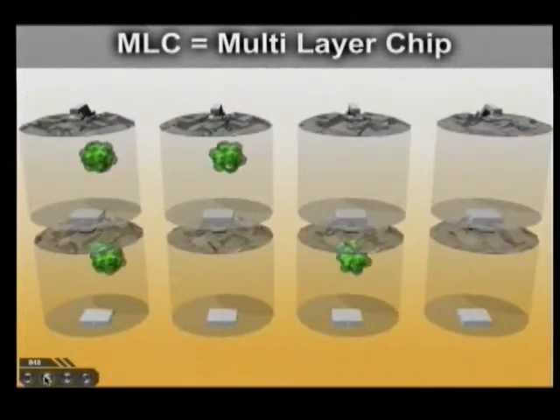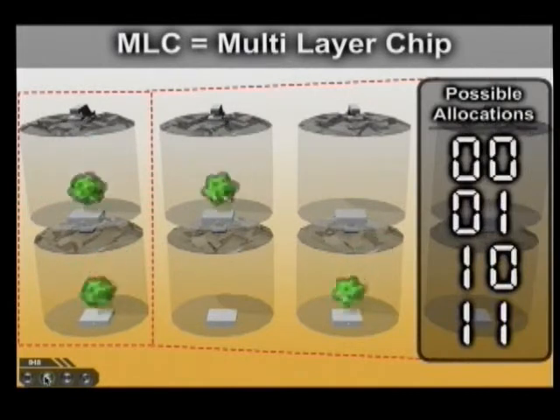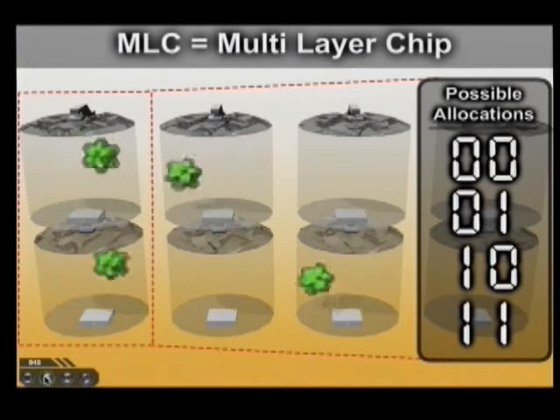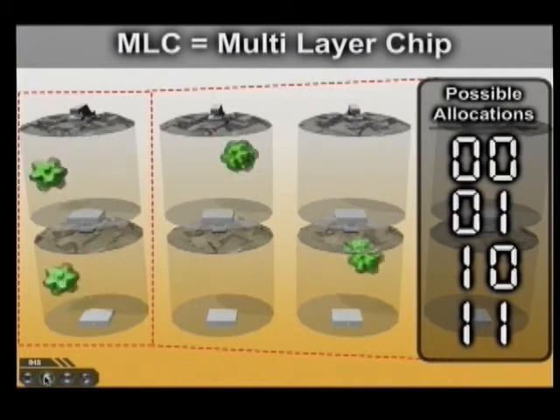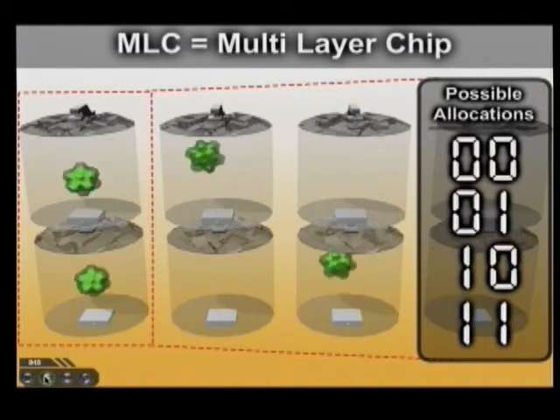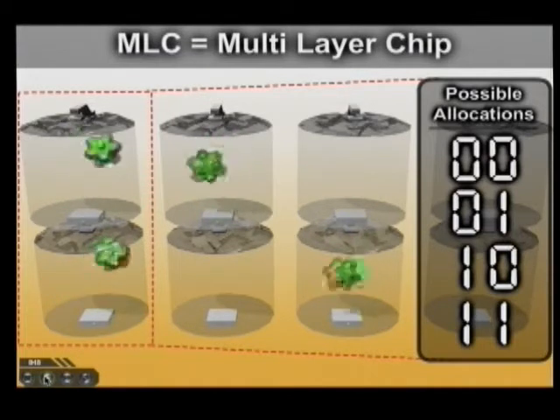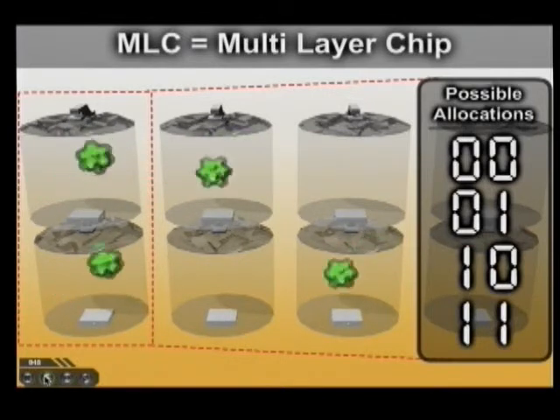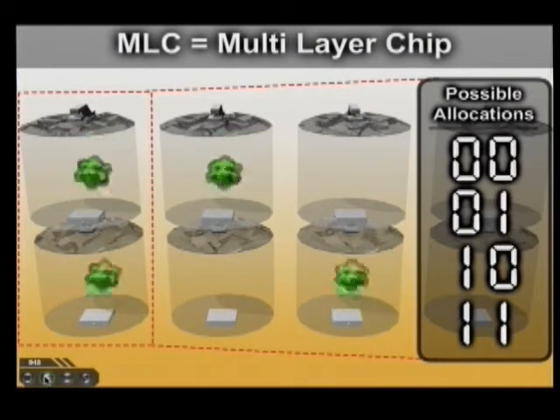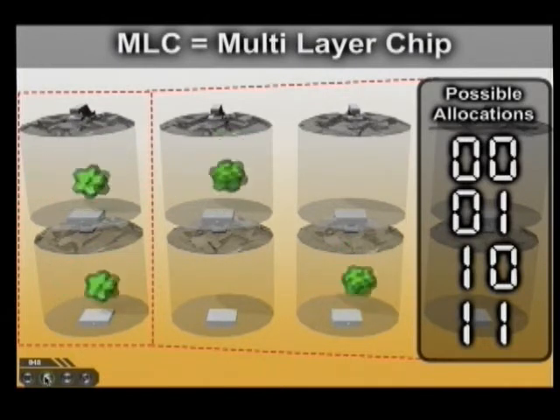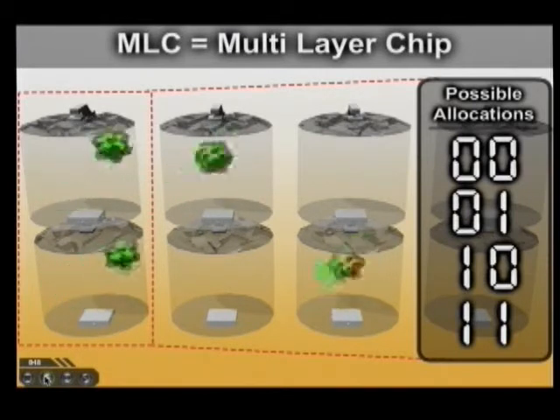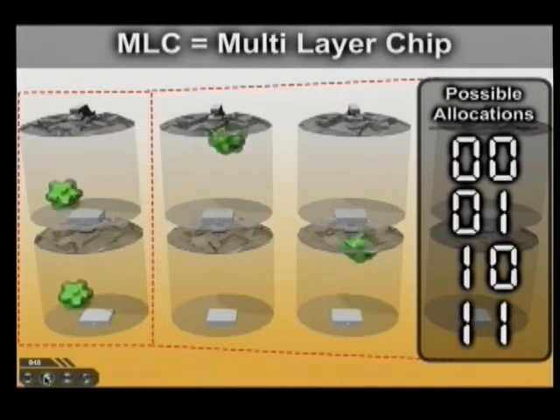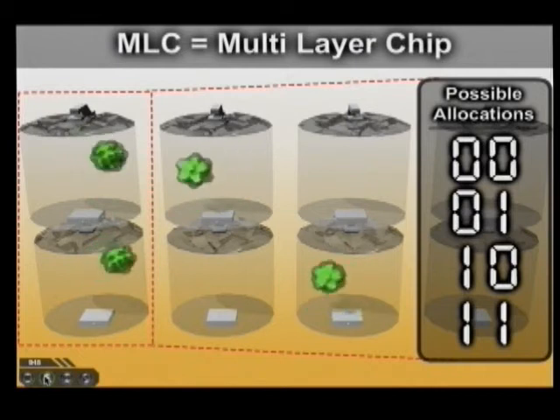So let's talk about one of the other things that is a trend that basically has taken over, and that's called MLCs. So when we're talking about basically anything before 2007, 2008, it was all SLC. And SLC is a very fast single-layer chip. It either has a 0 or 1 in its cells, and you can determine it fairly quickly and fairly easily. When they decided that, hey, we would like to store more and increase the density of our chips so we can store twice as much, why don't we come up with a method that allows us to have a new numerical calculation off of a single cell?